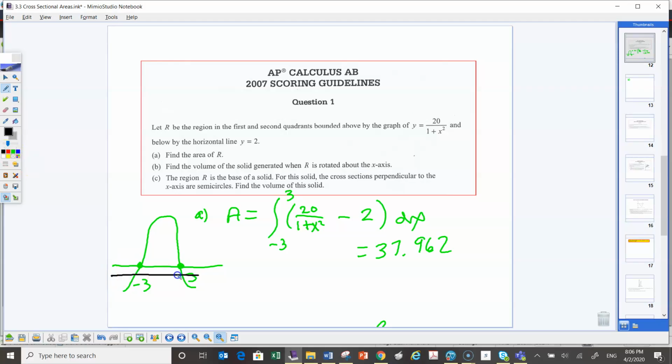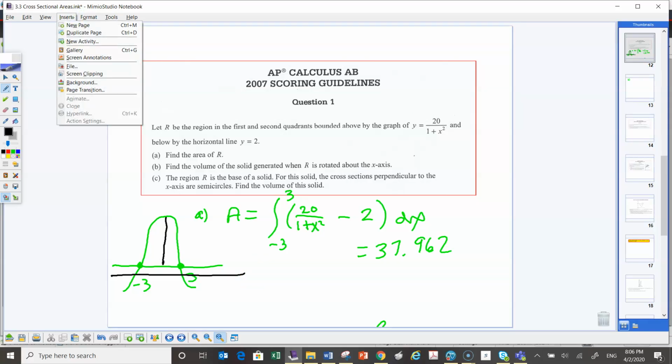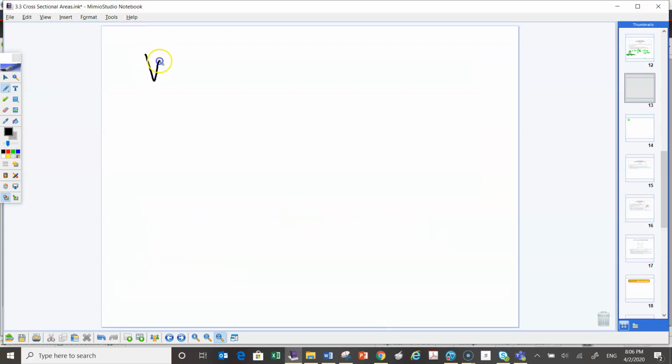So here's my axes right here. There's my slice. I'm revolving it around the x-axis. So therefore, to find the volume, we said we're going to use the washer method. So it's going to be pi. The limits are still -3 to 3 of the outer radius squared minus the inner radius squared, all with respect